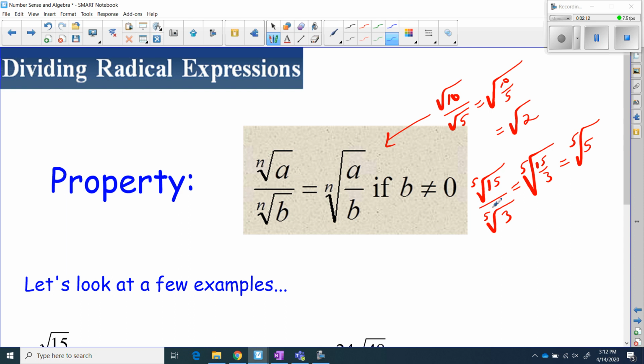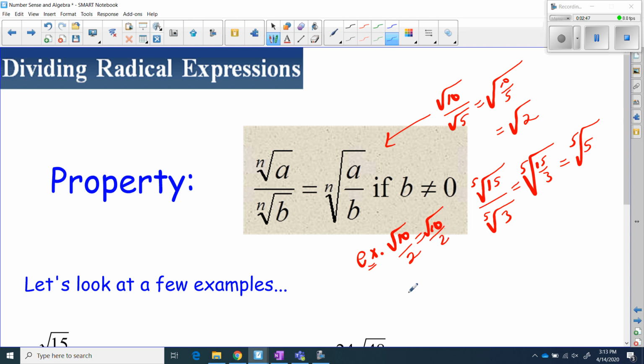But it's really important. It's like multiplying. In multiplication, you can only multiply a radical by another radical. Well, dividing, you can only divide radicals by other radicals. So for example, if I said, what's the square root of 10 divided by just a regular 2? Students are often tempted to say, oh, that's the square root of 5. No, it's not, because you've got a square root divided by a non-radical. You cannot do that. This would not simplify. It would equal exactly what it is right now,